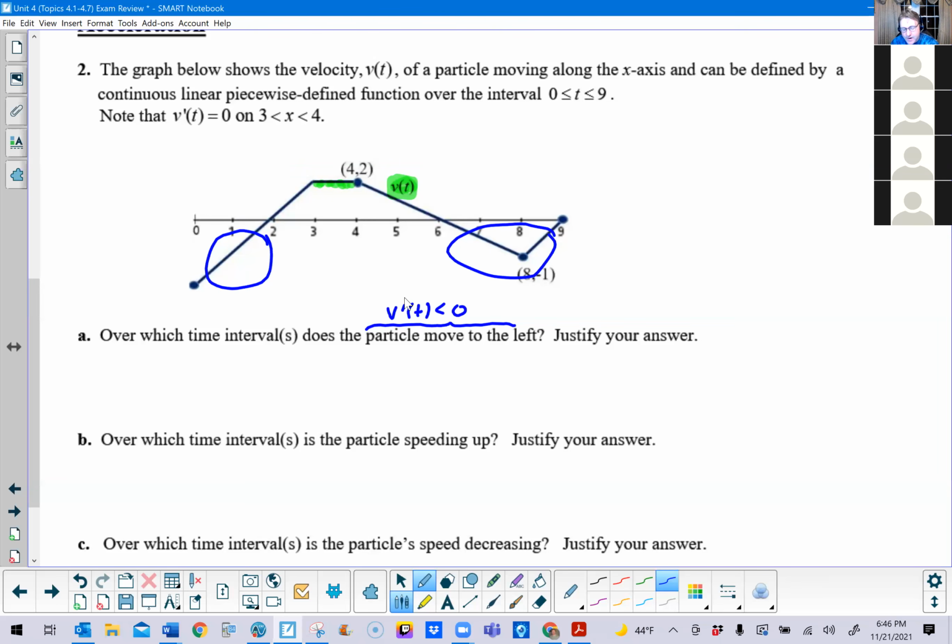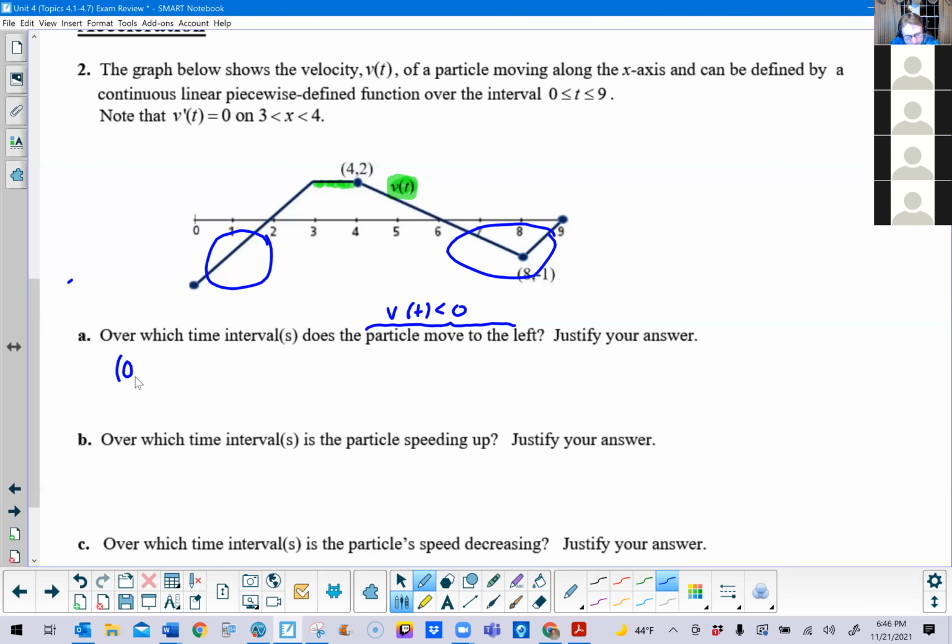Why did I write v here? I know some of you are like, why did he write v? It's because so often a kid thinks that you're always going to be given position and you have to take a derivative. We don't, you guys. The derivative is already there. Hopefully it allowed you to retrace your steps and think, no, I want where this graph is below the x-axis. I want just v less than 0, and I consider myself lucky I didn't have to take a derivative, at least yet. So those intervals would be from 0 to 2,